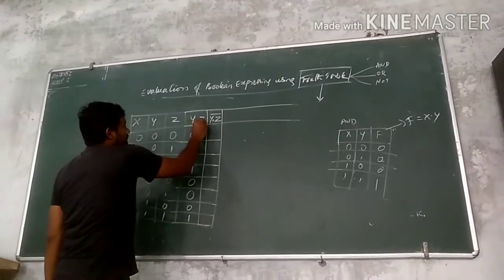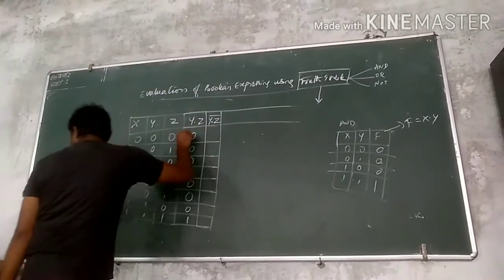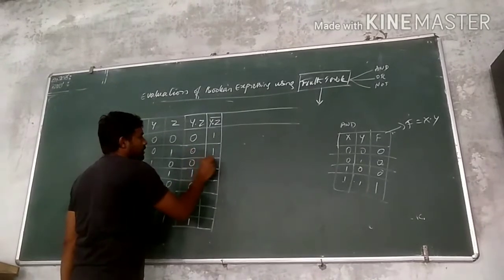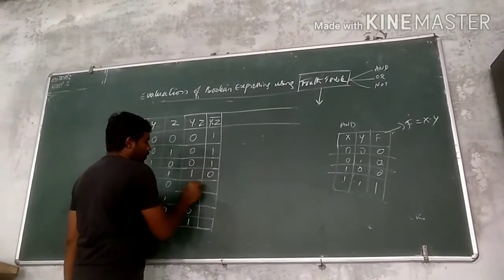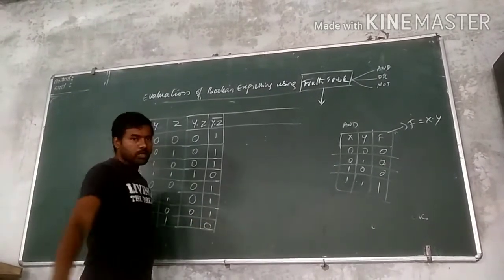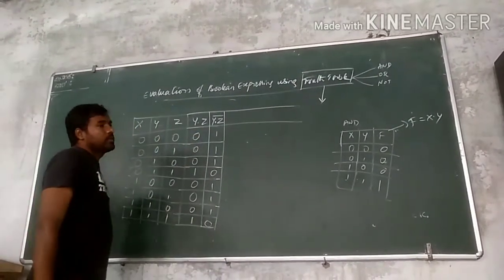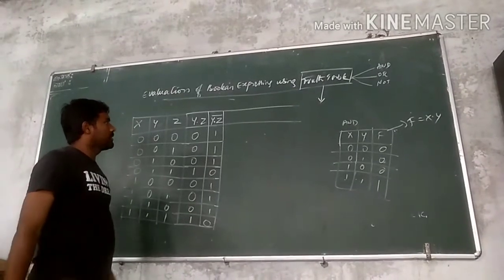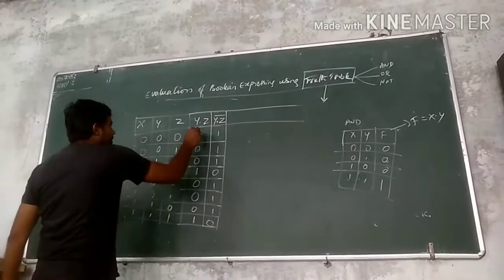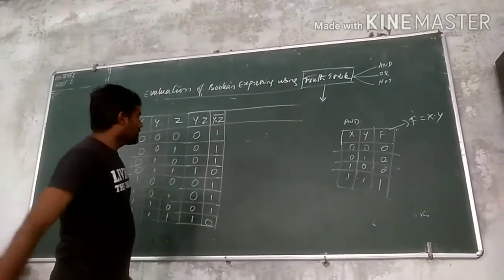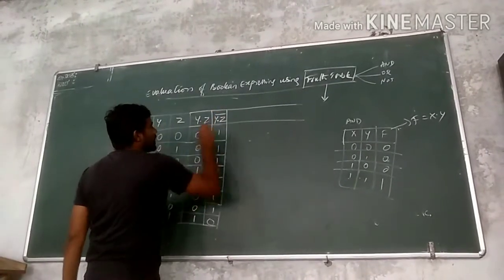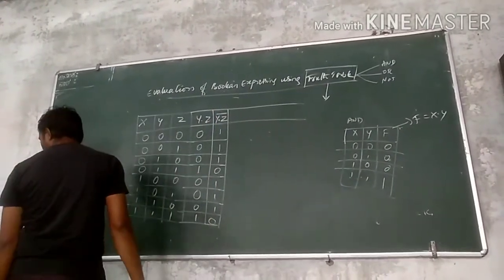So whenever we have a 0 that should return as a 1. The y dot z value should be converted into the y dot z complement, that is, wherever we have a 0 place it as a 1, and wherever we have a 1 that should be placed as a 0. That is the main theme of the y dot z complement.